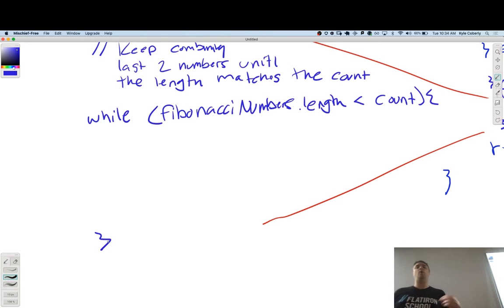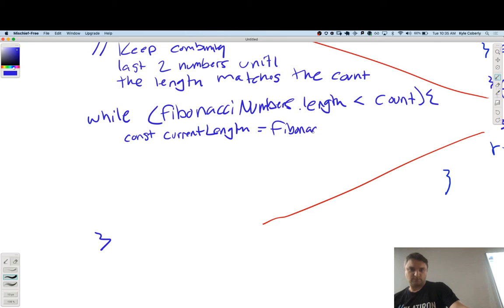Okay, so while I haven't done this, then I want to take the current length and set it equal to Fibonacci numbers dot length.